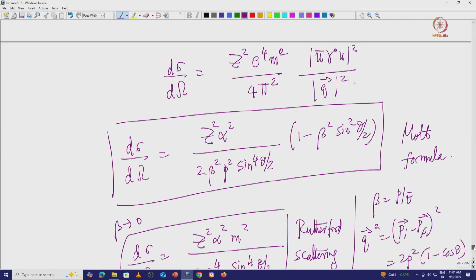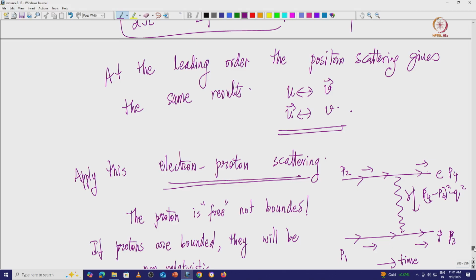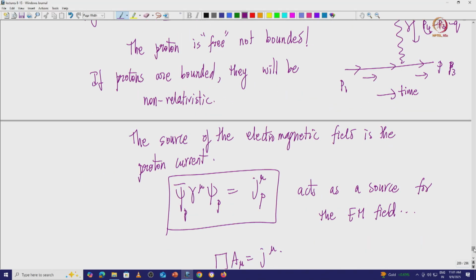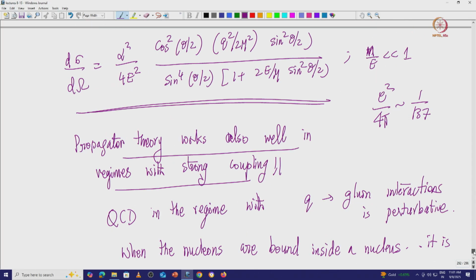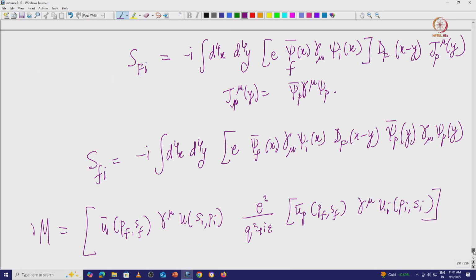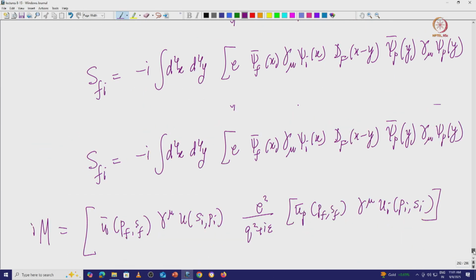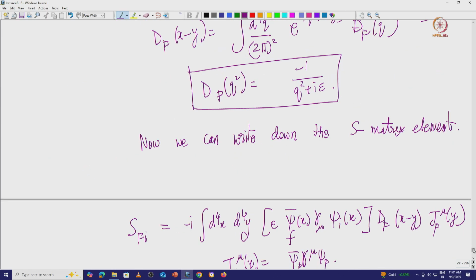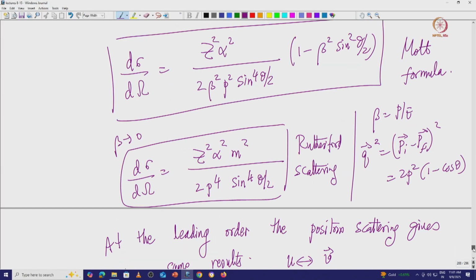we can write the propagator for the photon field also, which I think we have derived earlier. I did one example of electron proton scattering, where the proton field acts like a source for the electromagnetic field, and you put it back into the electromagnetic field as a source term. You can now treat the source term to be a delta function, and that gives you the propagator of the electromagnetic field, and that is nothing but 1 by q square. There is nothing surprising in it, we already saw it.